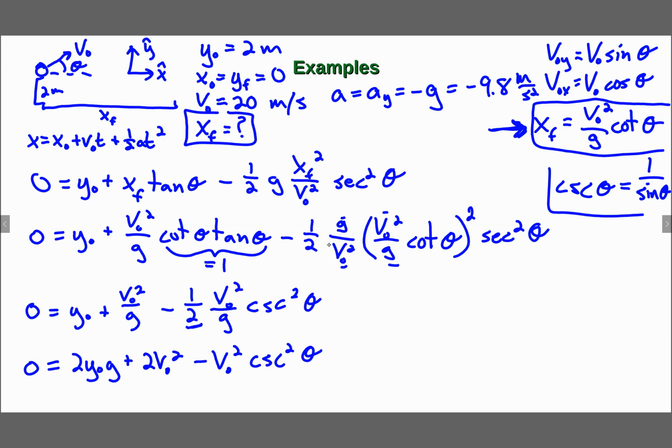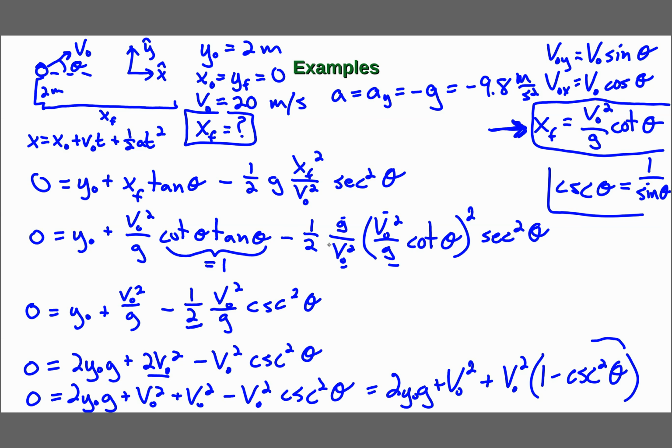And then let's pull this 2 v naught squared apart so that it's just 2 sets of 1 v naught squared. You'll see why I did that in a second. And then that is equal to,